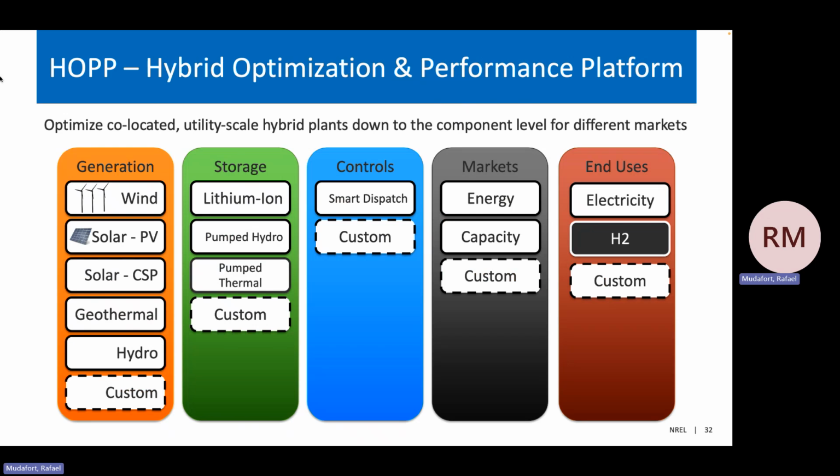Separate from these things, just a little bit about HOPP, the Hybrid Optimization and Performance Platform. This is a Python code that's used to figure out how to optimally connect the various